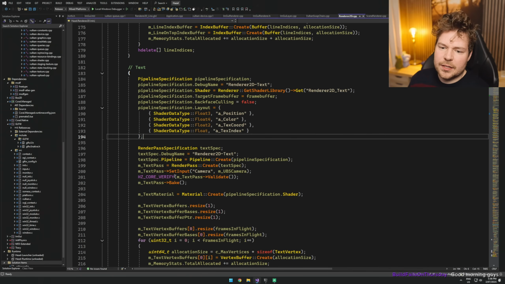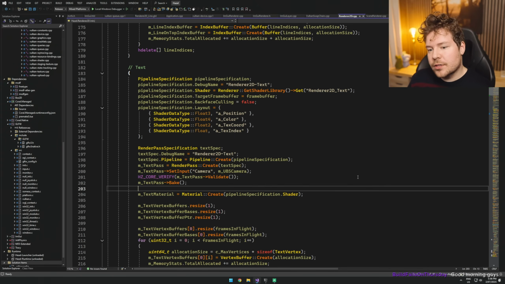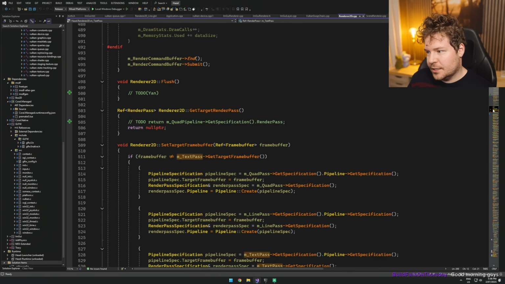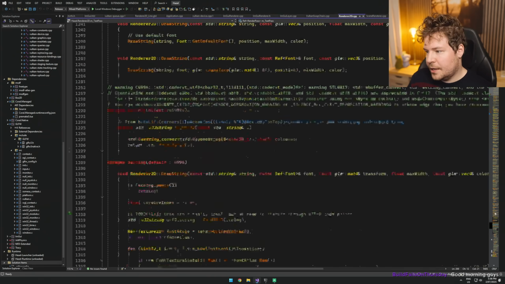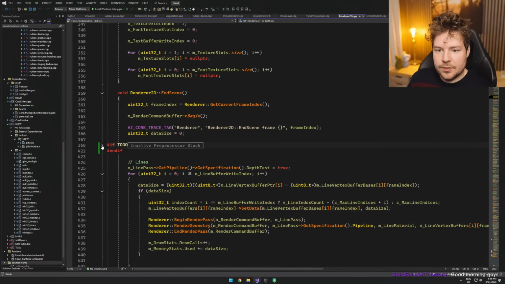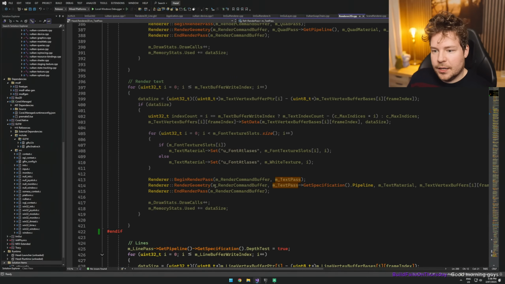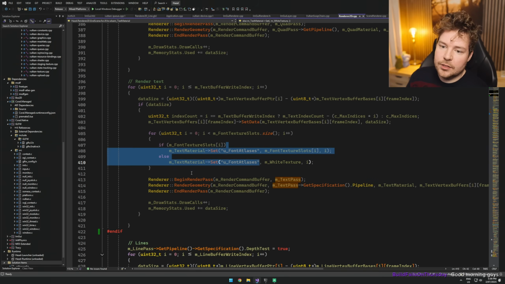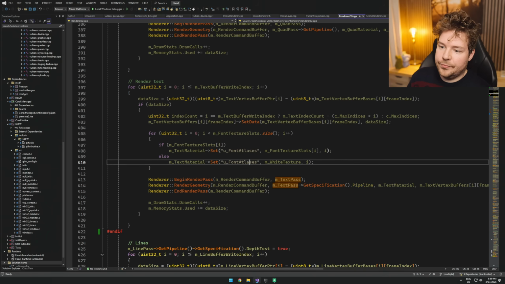It shouldn't really be that much more work, but not only does it use textures, I think the text pass itself, so it's disabled over here, actually has to go through and set materials. So this will be great because doing the text pass is going to be a way for us to actually set materials